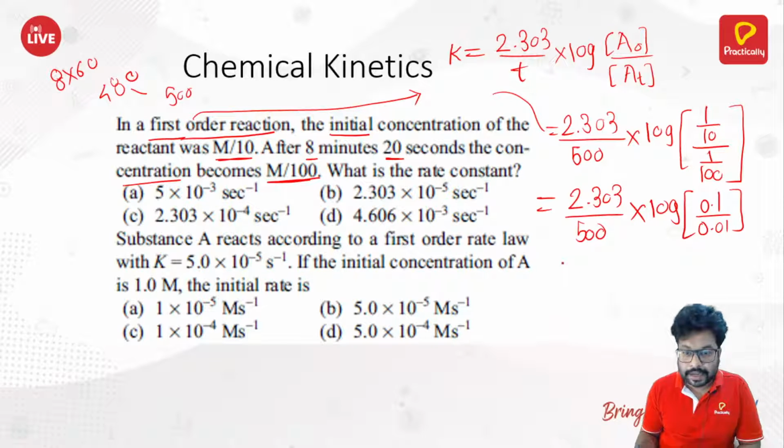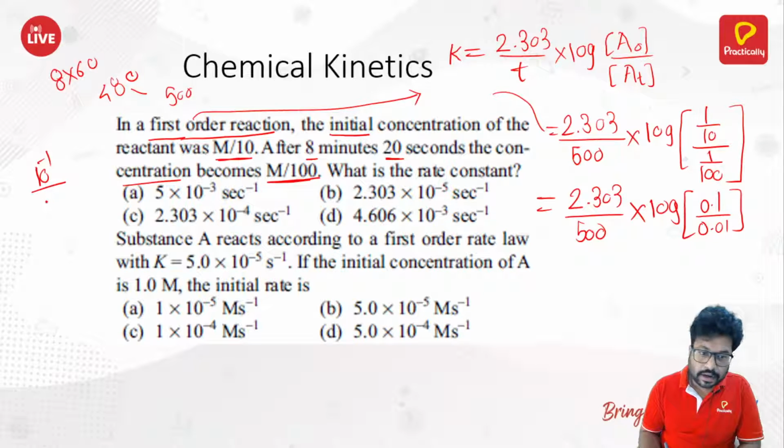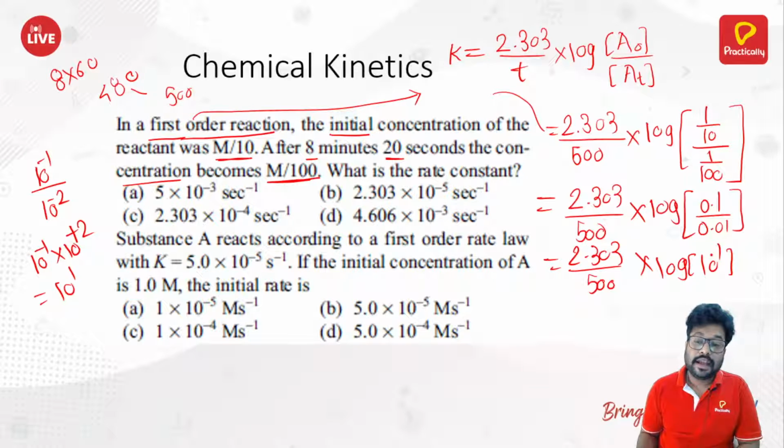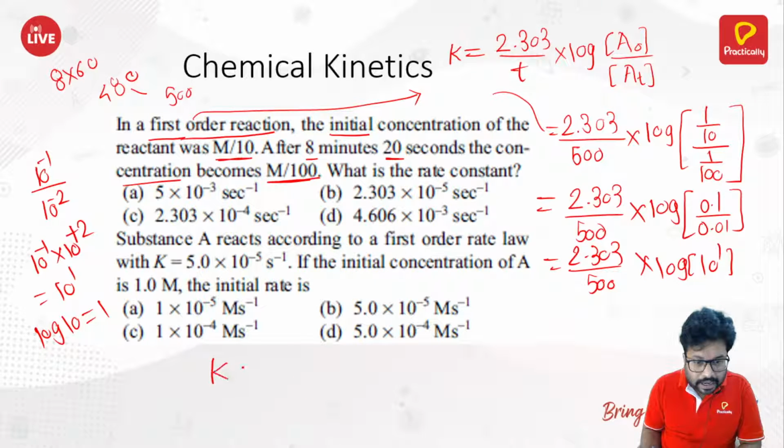So basically it becomes 10 raised to minus 1 divided by 10 raised to minus 2, right? 10 raised to minus 2 on going up becomes 10 raised to plus 2, so 10 raised to minus 1 times 10 raised to plus 2 is equal to 10 raised to plus 1. Therefore this becomes 2.303 upon 500 into log of 10 raised to 1, which is 10. And log of 10 is equal to how much? It's 1, right? So therefore your K becomes